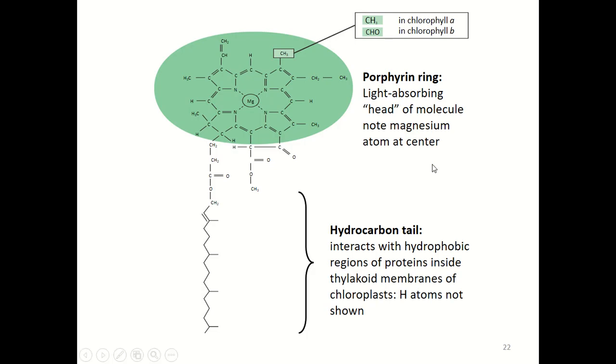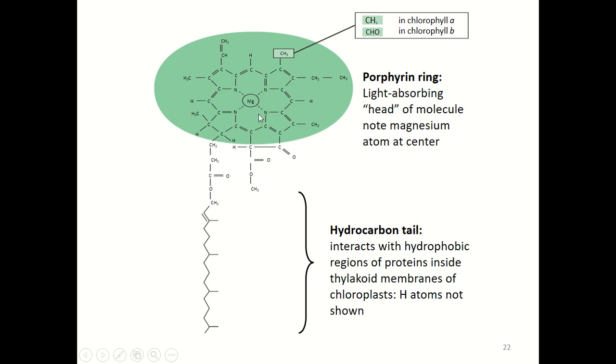So this is the structure of most of the pigments. Each pigment has two parts. First, they have a hydrocarbon tail, and they also have a head over here, tail, and also head. The light-absorbing head here